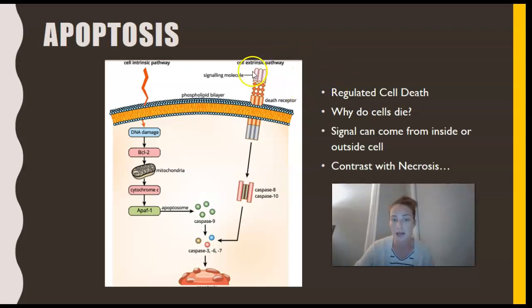And what they will do is they will release cytokines to trigger this infected cell to undergo apoptosis. The last thing that we want is this cell that's been infected with, say, a virus, to rupture and throw those little viral particles all over the body. So the best case scenario is that it's identified by this immune system cell, which is a T cell, and can be triggered to undergo apoptosis and be gotten rid of in a nice, neat, orderly fashion. So that would be a good example for the extrinsic pathway.